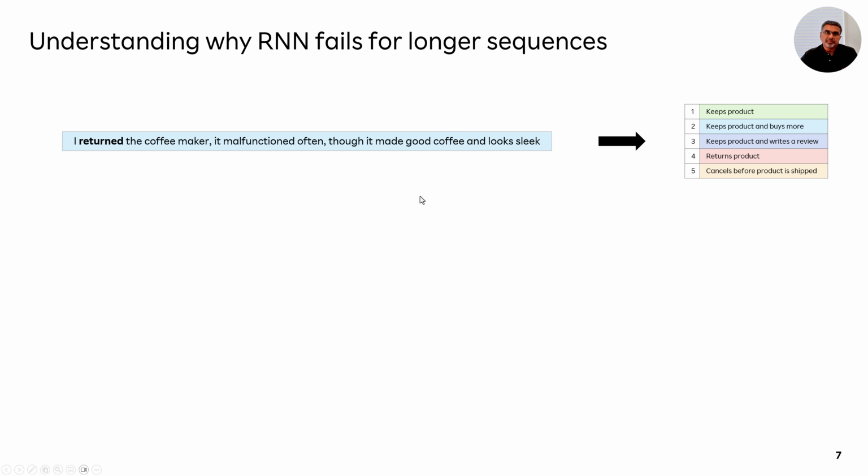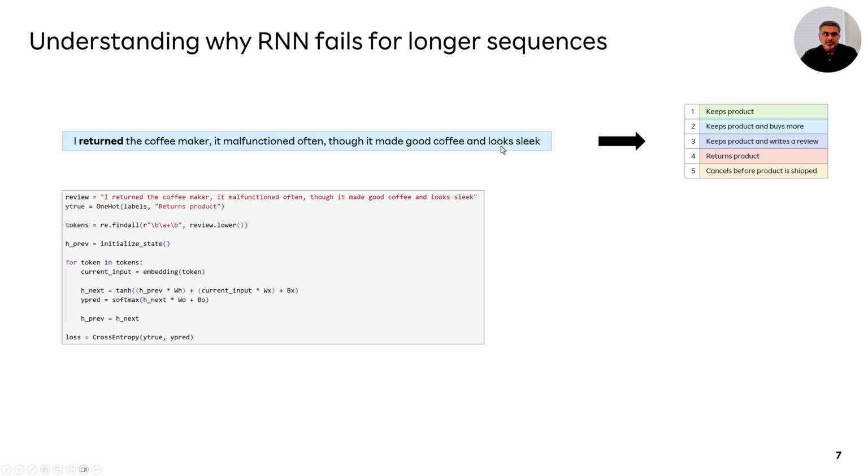We studied this in the prior episode, season 2, episode 3, but just a quick recap here. You take the sentence and you're training it, so you essentially need to know the ground truth value. The ground truth value here is, okay, this sentence means that the user returned the product. You tokenize the sentence and then you initialize the recurrent neural network's context state.